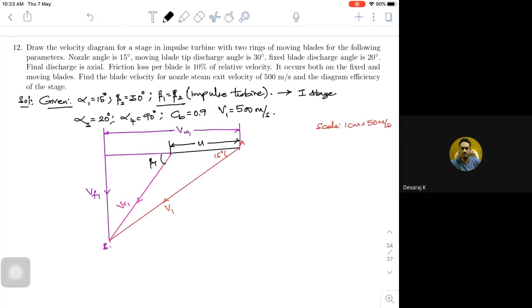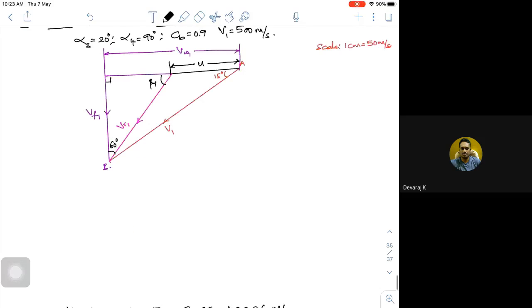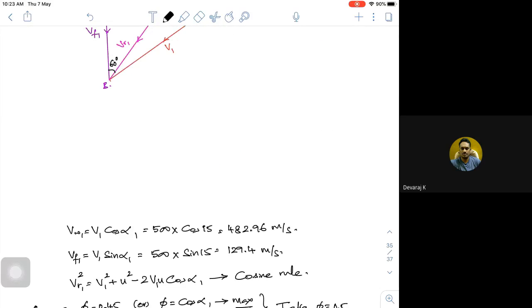Fine. Or maybe if you want it graphically, from this particular point, if that is 30, this is 90, then this will be 60. See, there are n number of ways to get it. I have to ensure that this vector velocity diagram is understood. You can take a 60-degree line and join it. The reason I am telling you all these things is that you can expect open-ended types of problems for your test.